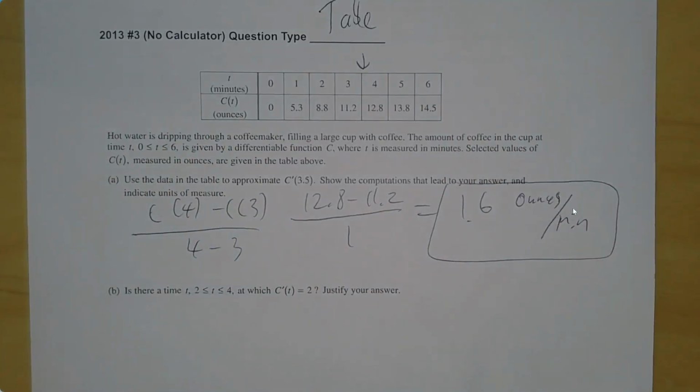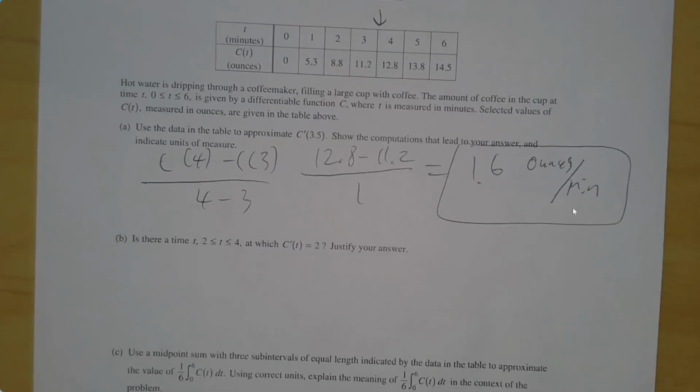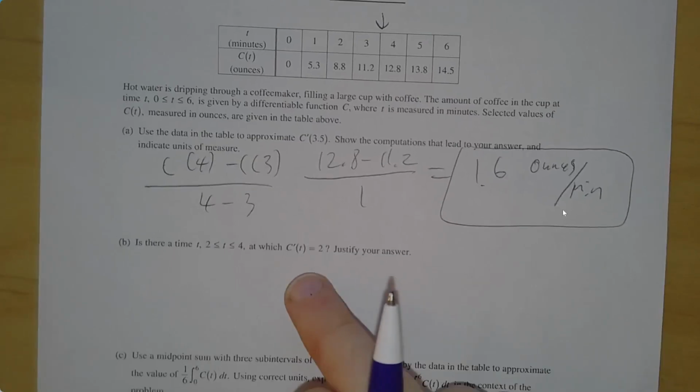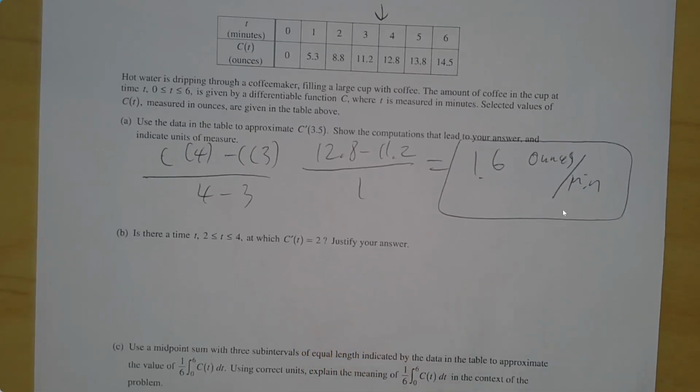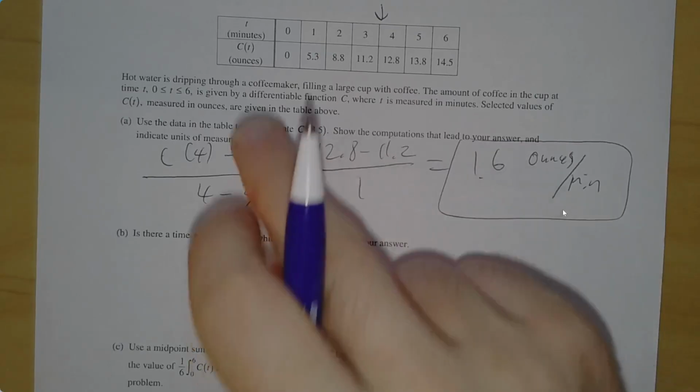Good. Is there a time t? Classic MVT problem. I would definitely expect to see this on the test, guys. Expect this. Is there a time t between 2 and 4 at which the derivative of c is 2? Justify your answer. So if you watch my notes video, you know that when you're given a function and it's